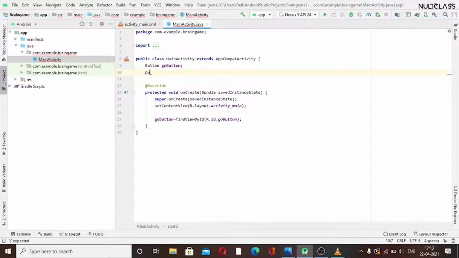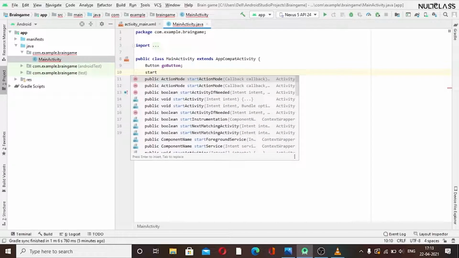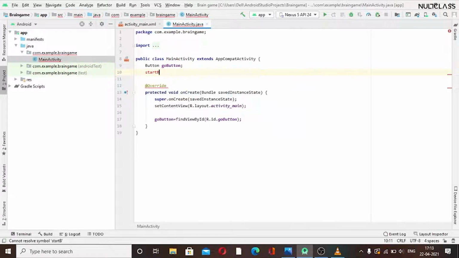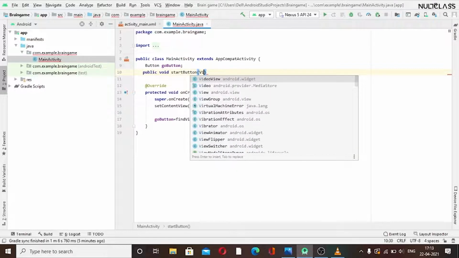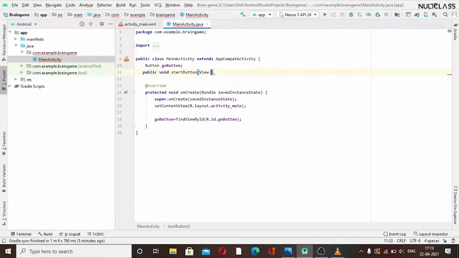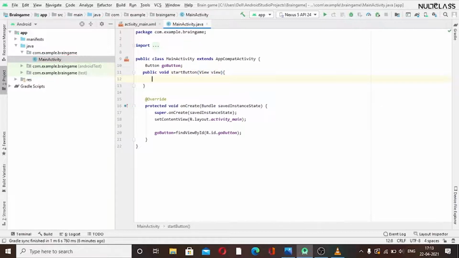I think we have to implement from starting: public void startButton. And now we can set its parameter to be View, as we need View here. And now we can enter our code here.